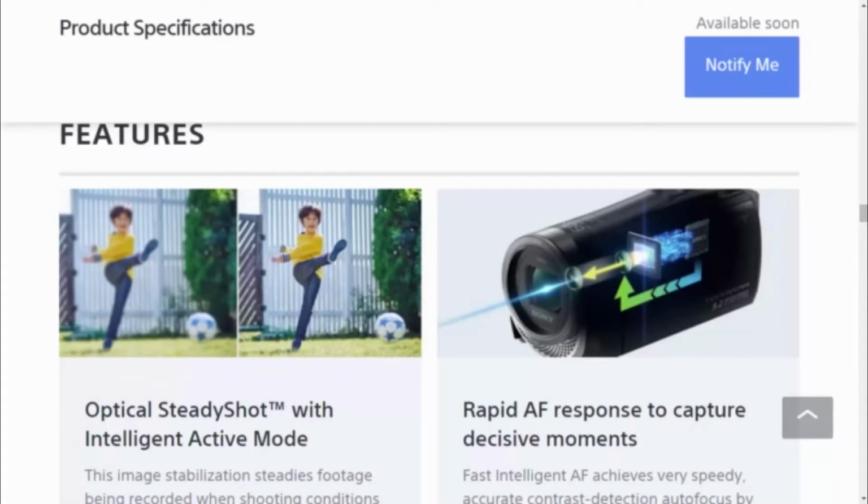So now I will actually go through the features with you, and some are really worth mentioning. First of all is the optical steady shot with intelligent active mode. It's basically optical image stabilization in addition to electronic stabilization. They actually work together, so it provides steadier footage. But the thing about intelligent active mode is that it crops in a little bit, so you get a narrower view. It's okay if you're shooting outdoors, it doesn't matter, as long as the image stabilization works